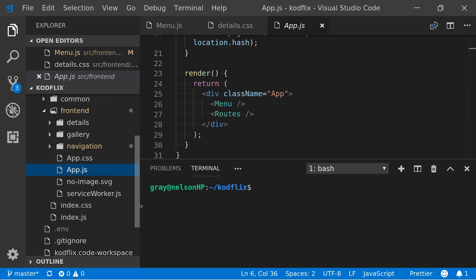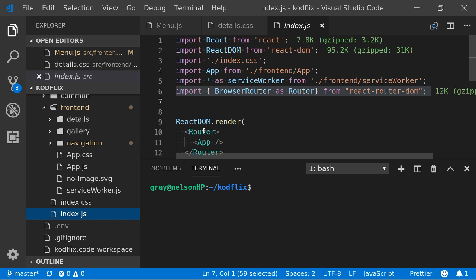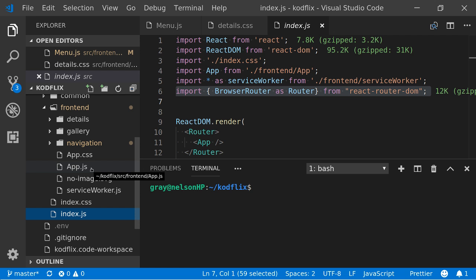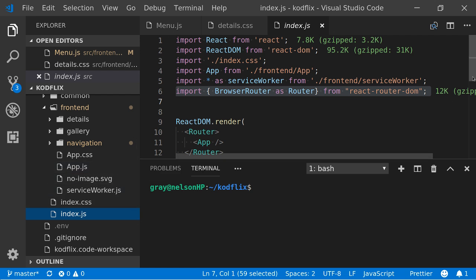Mine's like that, you see, so that's fine. They've already set it up like that in index.js. You mean that your app is like a component?